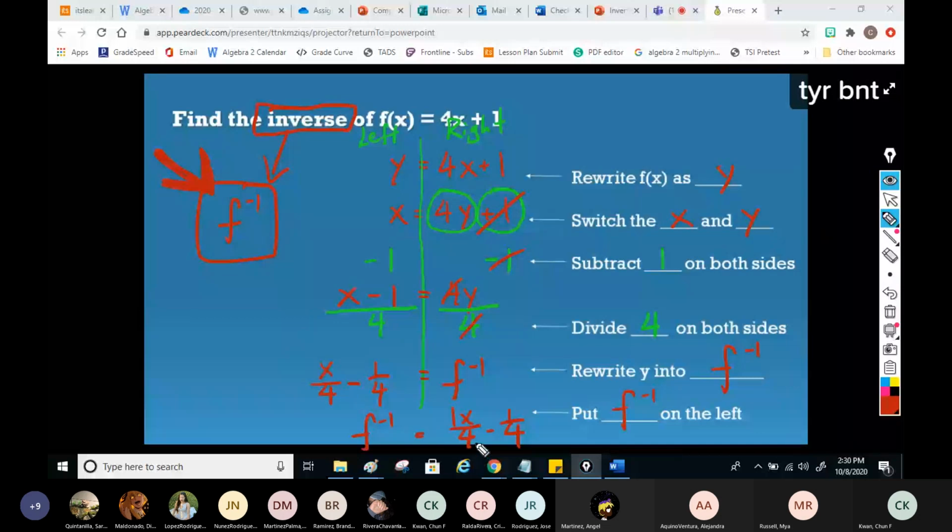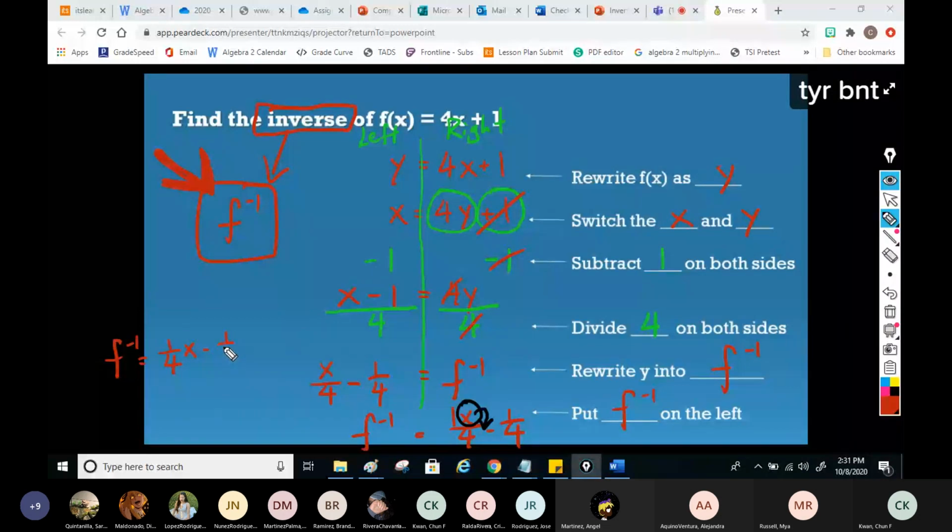And then I'm going to drag the x, put it outside right here. I'm going to pull out the x and put it on the side. So that means you are going to be looking at something like this. The inverse equals 1/4 times x